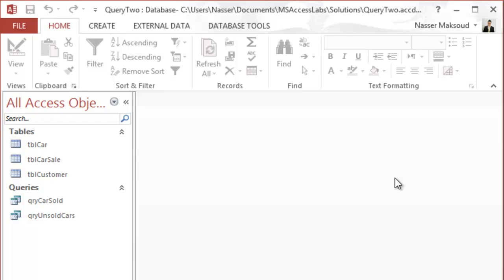So rather than changing the criteria for every customer, we are going to make something that is called parameter query. What is a parameter query? It is a type of select query. How can we create a parameter query? So let's go ahead and get started. So you need to make a copy of query unsold